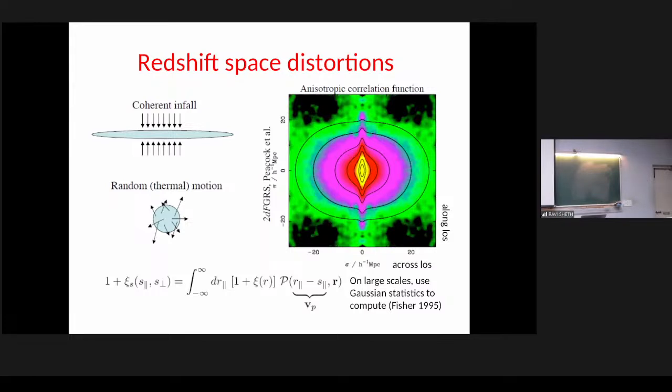And what you can see is that the nice round shape is now squashed for the reason that we described. So on large scales, more or less, if you're sitting on a galaxy, you're sitting on a slightly overdense region, and so stuff is going to collapse onto you. And so there will be this squashing along the line of sight, and no squashing across the line. So this is the level of effect we have to be able to account for, to get rid of, to understand, in order to do the Alcock-Paczynski thing, and in order to do the BAO simultaneously.